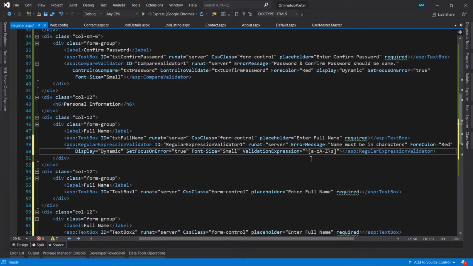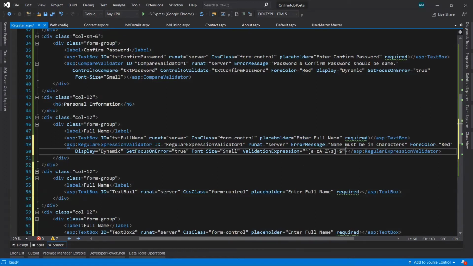Then after the square bracket plus, then dollar. Okay, so this is the expression that will check for the full name.